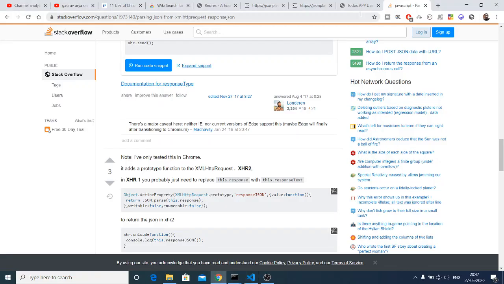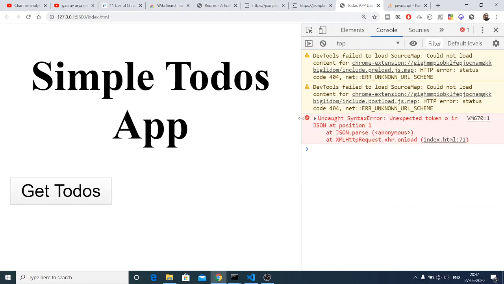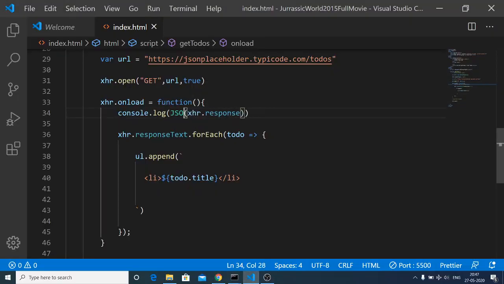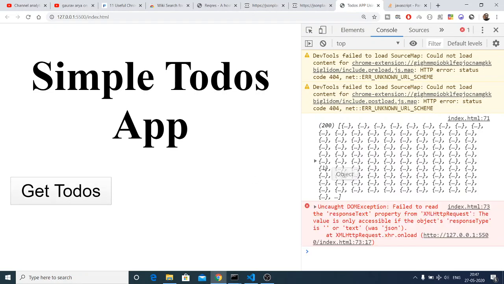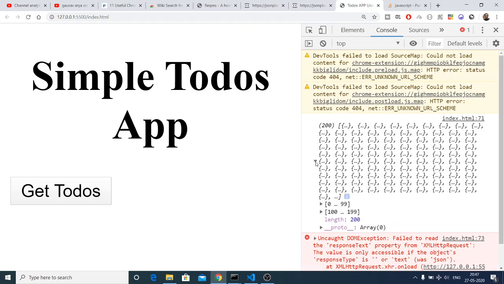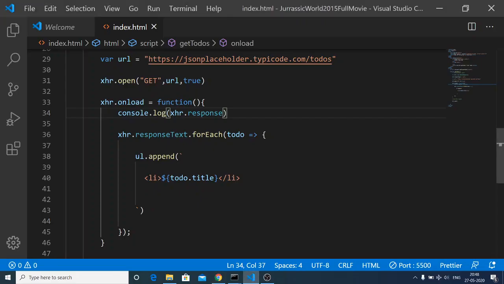So if you make this change, I'm doing this live here. Let me just remove this json.parse, and if I now refresh, now you will see that it will return these 200 to dos here, each having this array, and inside this we just need to change this to xhr.response.